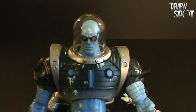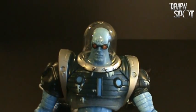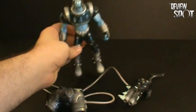But really, really nice detailing on the head as well. He's got the goggles. It's almost like it's the Mr. Freeze from the Batman animated series, but just really jacked up on roids. If we put the figure down just for a second here,